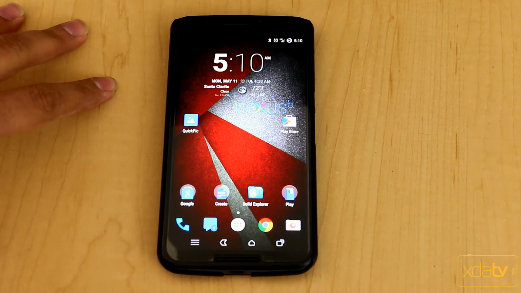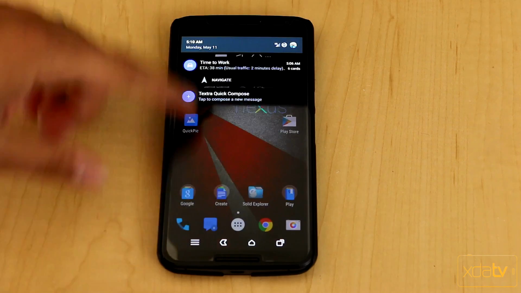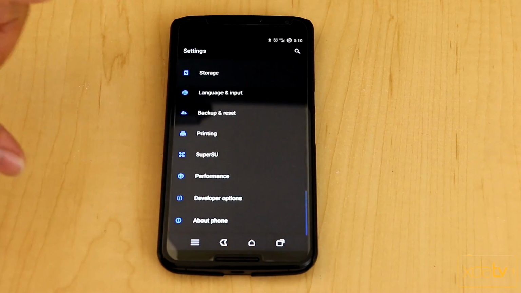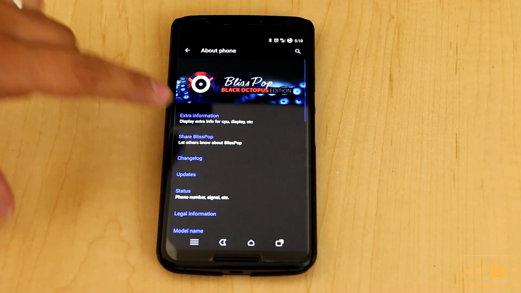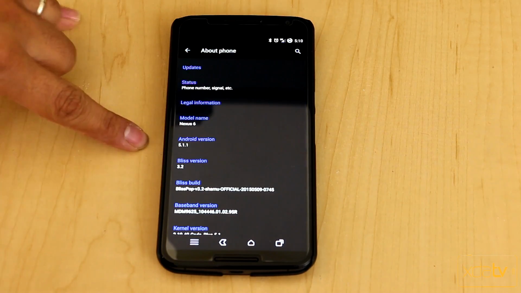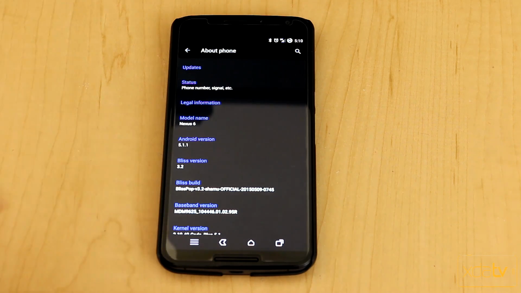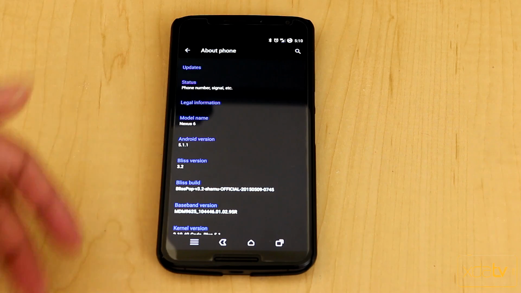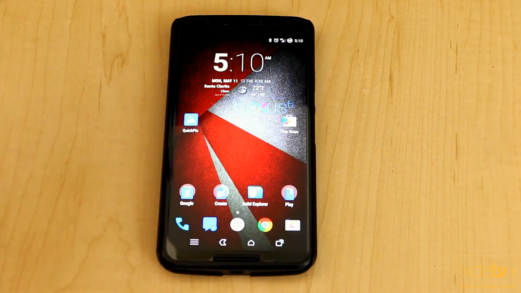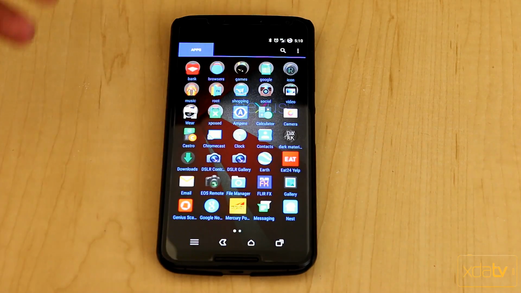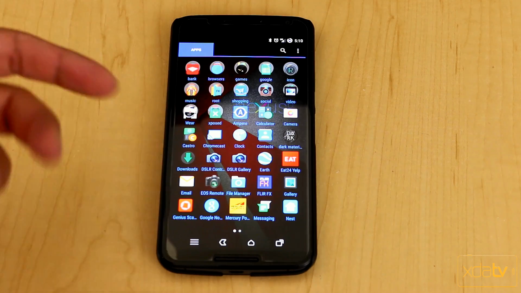So this is my Nexus 6. I'm running Lollipop version 3.2. Now 3.2 is an Android 5.1.1 version ROM. And I say this because at some point or another, if you're running a custom ROM, you're going to have a limitation of where you need to be and you're going to have to upgrade. So I'm no longer running Android 5.0.2, so I don't have the ability of actually using the official version of